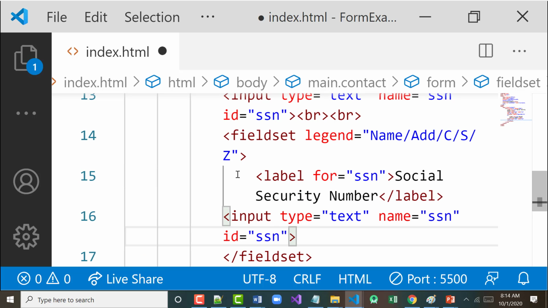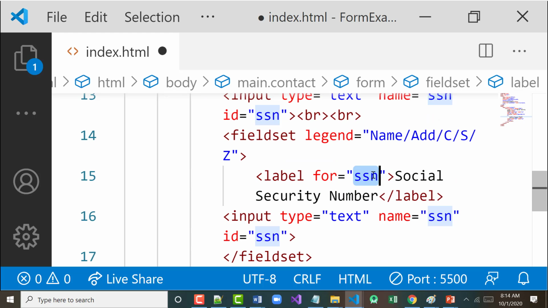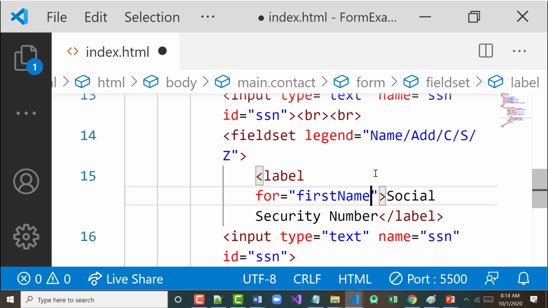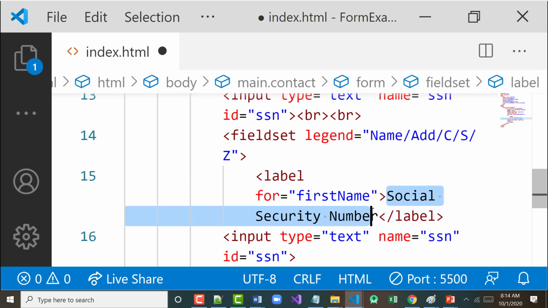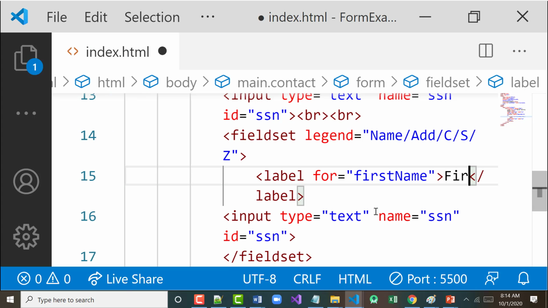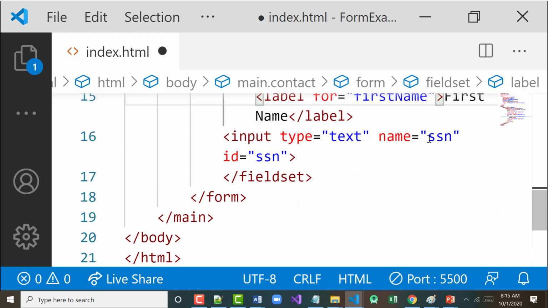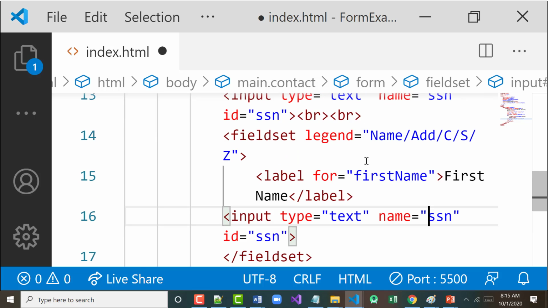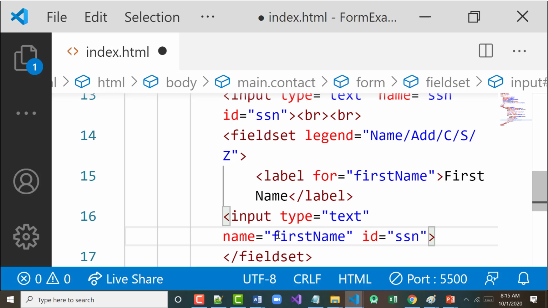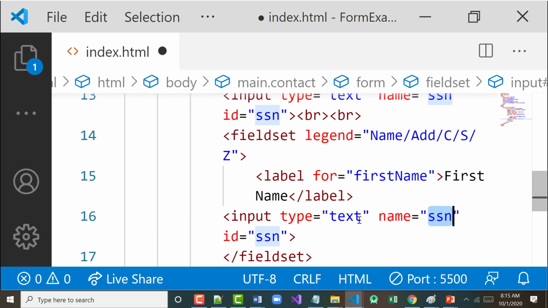So the next thing I'm going to put in here is right there, first name. And as you can probably guess, I'm going to change this to first name. And I'm going to change this. Since I called it first name right here, I want to call it the same thing in here. Now you'll notice, if you take a look